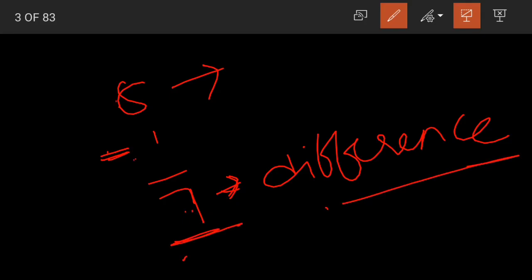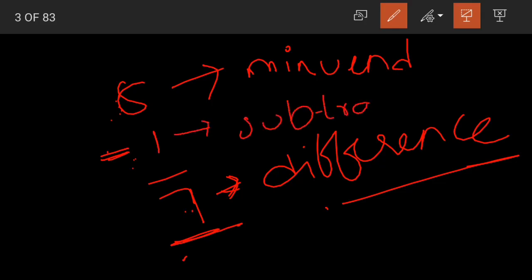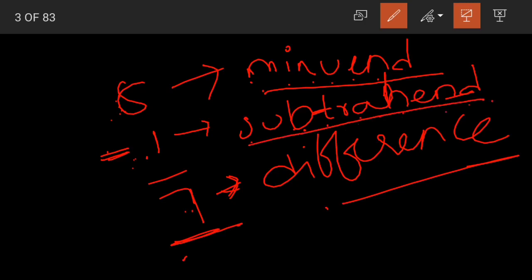Now when we have two numbers here, right? 8 and 1. Now what are they called? The bigger number 8 is called as the minuend. What is it called? The bigger number 8 is called as the minuend, and the smaller number 1 is called as the subtrahend. S-U-B-T-R-A-H-E-N-D. Clear children? The larger number is called as M-I-N-U-E-N-D, minuend, and the smaller number is called as S-U-B sub T-R-A tra H-E-N-D hand, subtrahend.